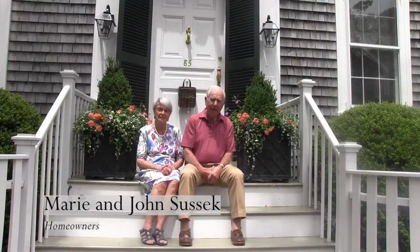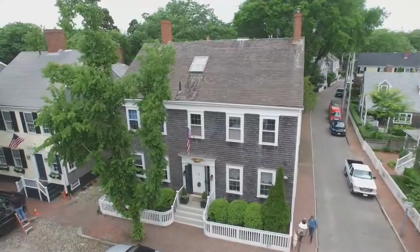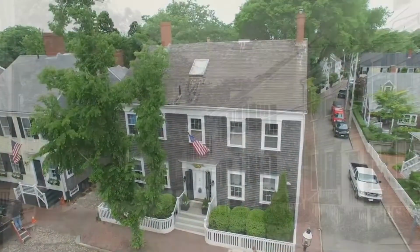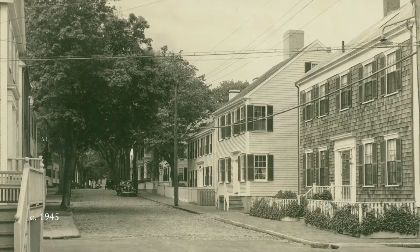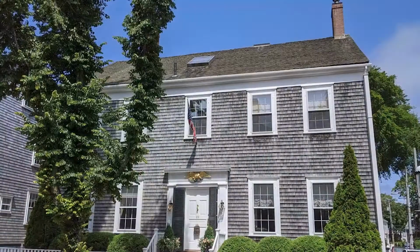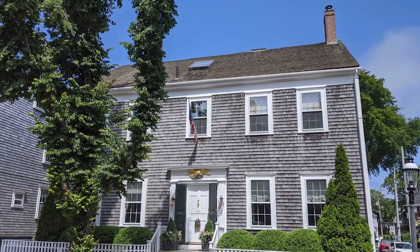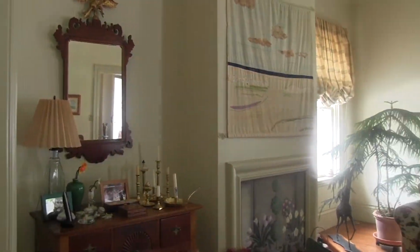Welcome to 85 Main Street. We're pleased to open our house for the benefit of the Nantucket Preservation Trust. This historical monument we purchased in 1976, and we've had a love affair with it ever since then. The house has a nice history. Originally this was a 3-bay house, and as we go through the house you'll see that the oldest part, which we will see last, is circa 1725, and the newest part, which dates